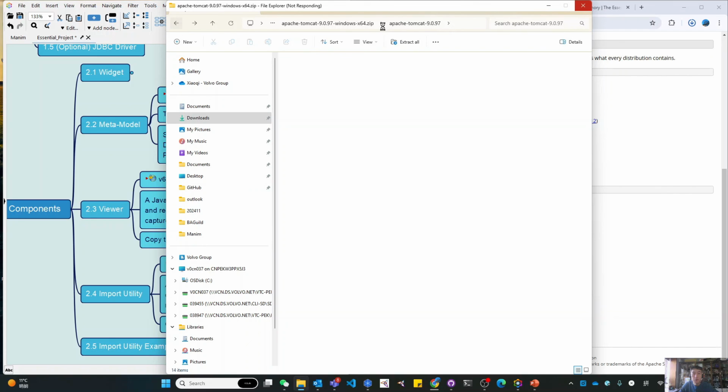You can leave this, or if you don't want this long folder, I would suggest you can come to here, just this Tomcat 9. So then this will be shorter. Because under Apache, if you don't have other foundations